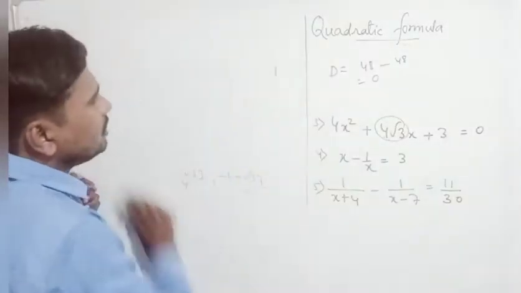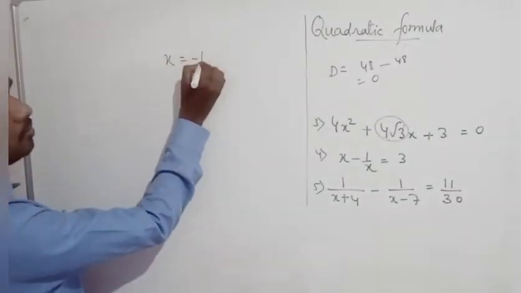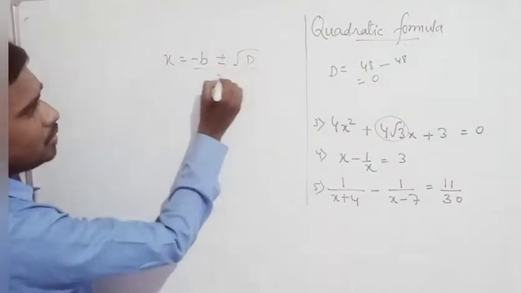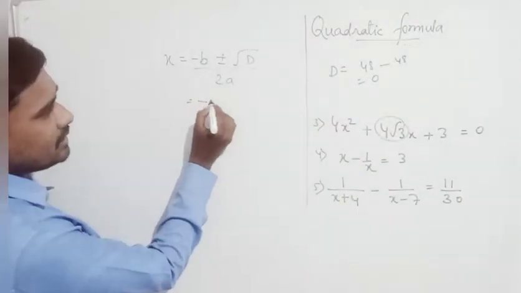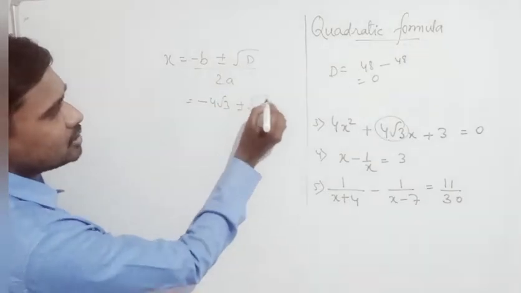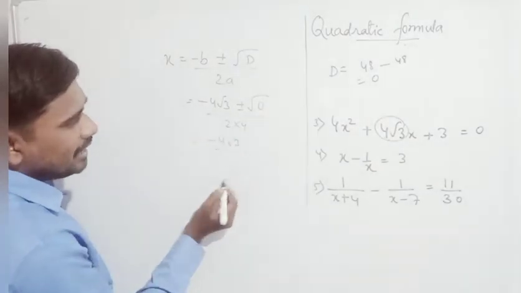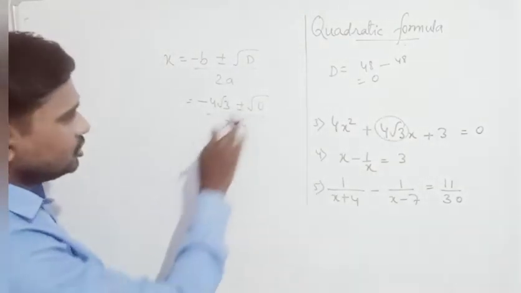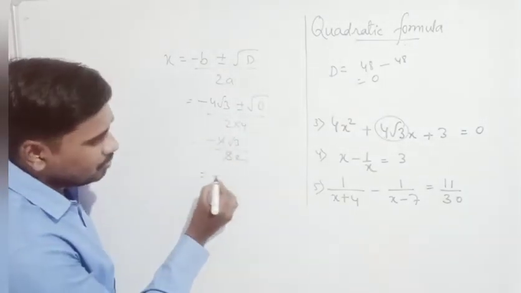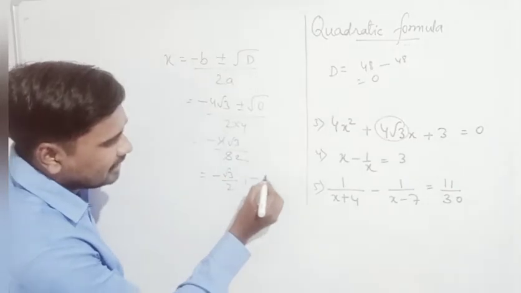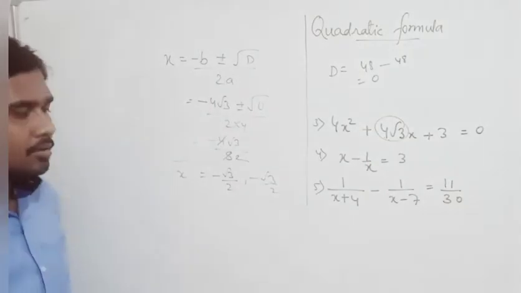Now formula wise, when we put this in the formula, x is equal to minus b plus minus root of b square minus 4ac, by 2a. Separately we have seen the value of b. So it is minus b, meaning 4 root 3, plus minus root 0, by 2 into 4. That is minus 4 root 3 by 8. Plus minus 0, root 0 means 0. Now this will be the only value and equal roots will be there. So minus root 3 by 2 and minus root 3 by 2. So this is the value of x.